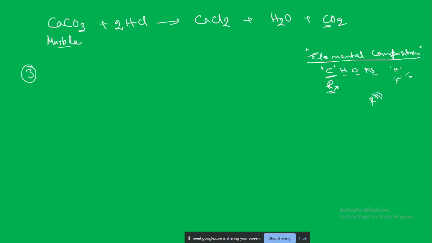Electrons are there in orbits, no? Then what happens? The electron will get excited. When an electron gets excited, it will go to the higher orbits, and after it has gone to the higher orbits, it is not so stable, because it has got more energy, no? Then it will try to come back and become stable.